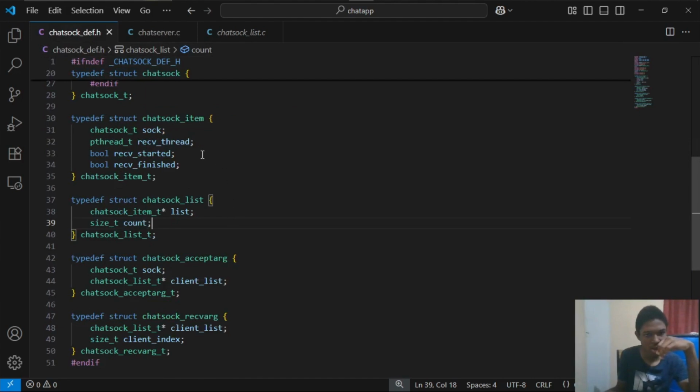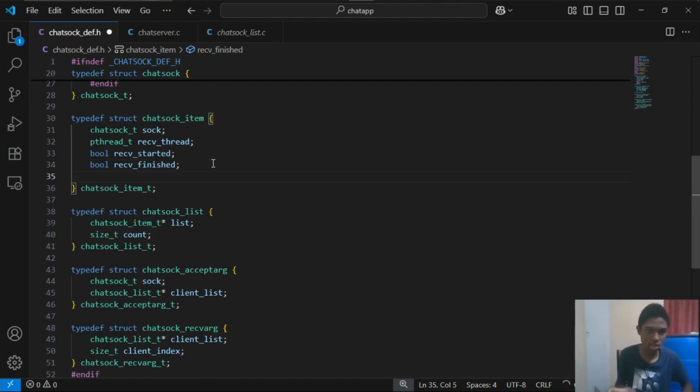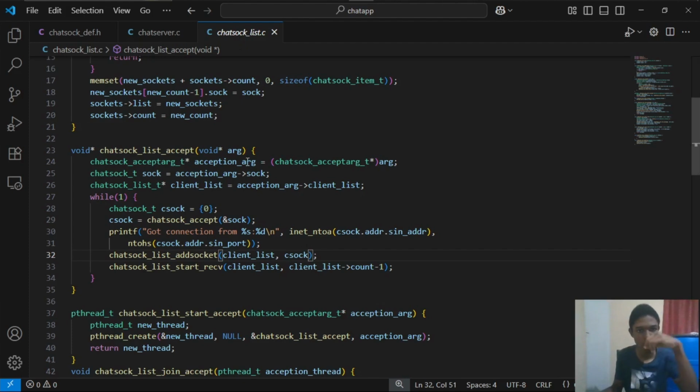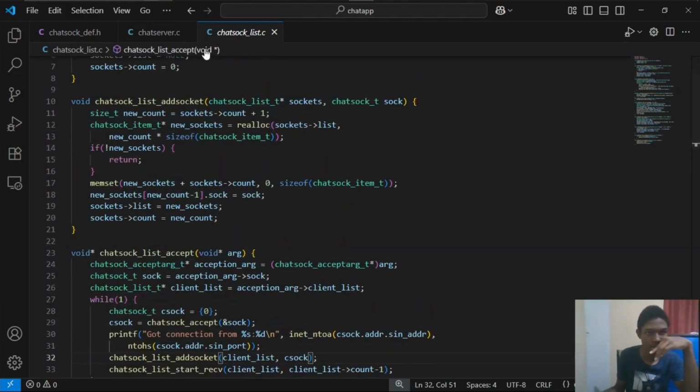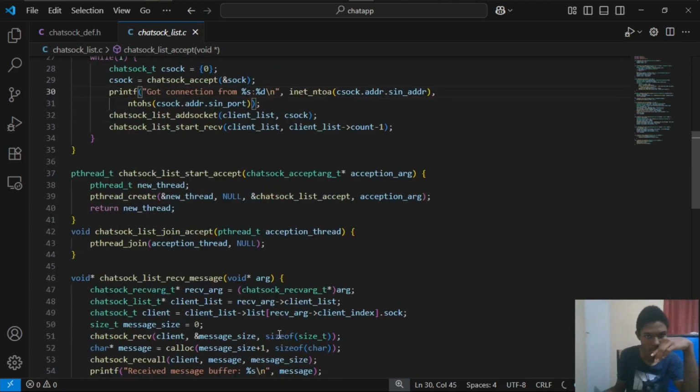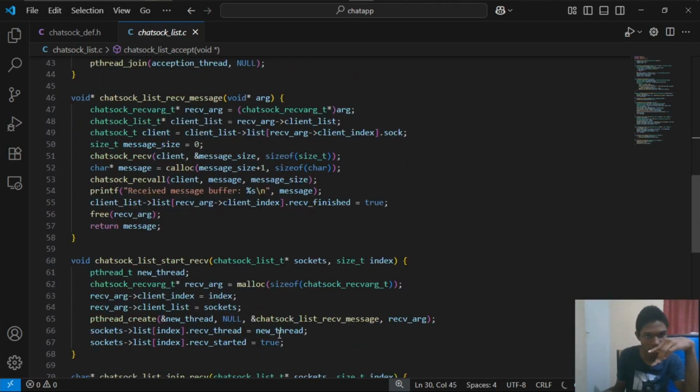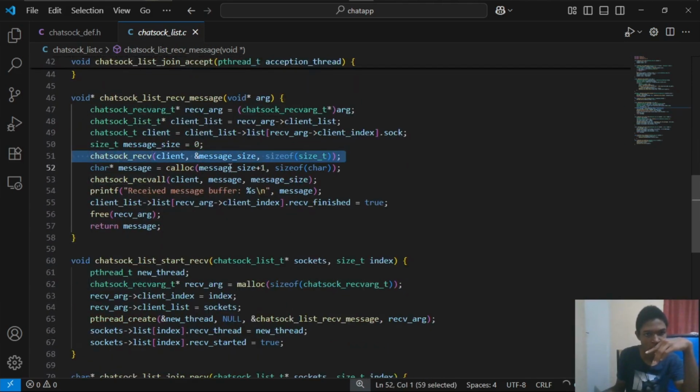So let's introduce some new flags to our chatsock item. Let's introduce a bool disconnected flag. And let's go to our chatsock list.c. So right in here where we're receiving a message, guys, what we can do is say,